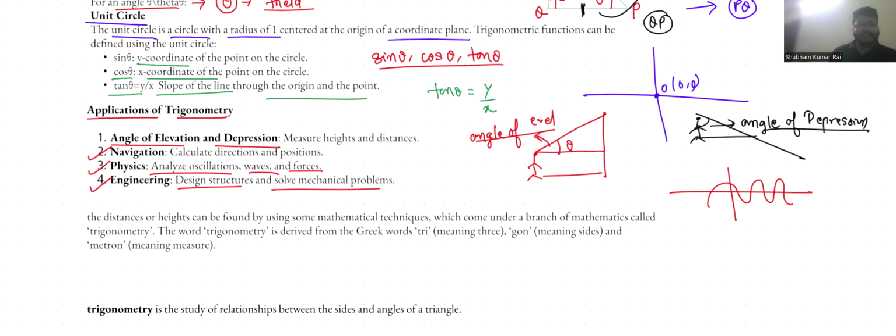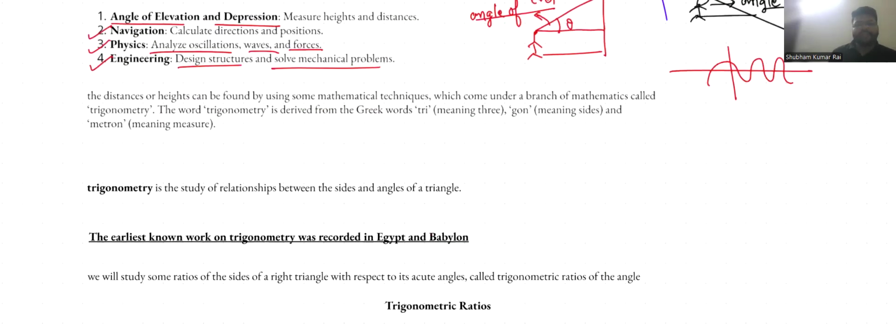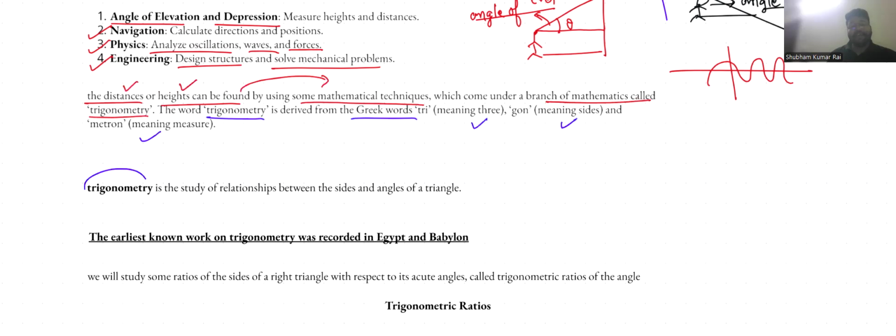As you can see, the distance or the height can be found by using some mathematical techniques which come under the branch of mathematics called trigonometry. If you talk about distance and height, all these techniques come under that branch of mathematics, which is trigonometry. Trigonometry is derived from the word, like I told you, three sides measurement, right? So basically, trigonometry is the study of the relationship between the sides and the angles